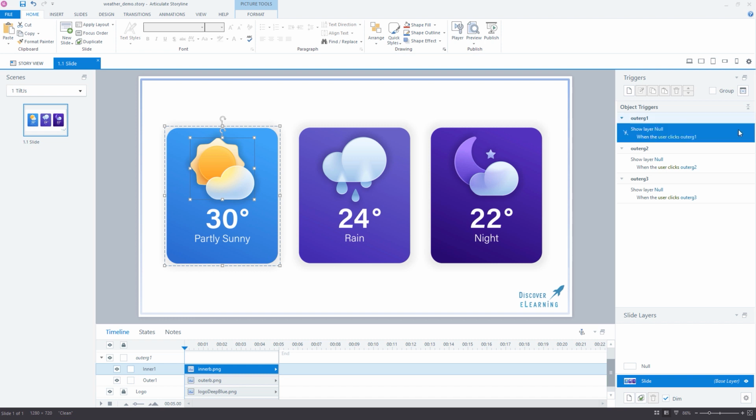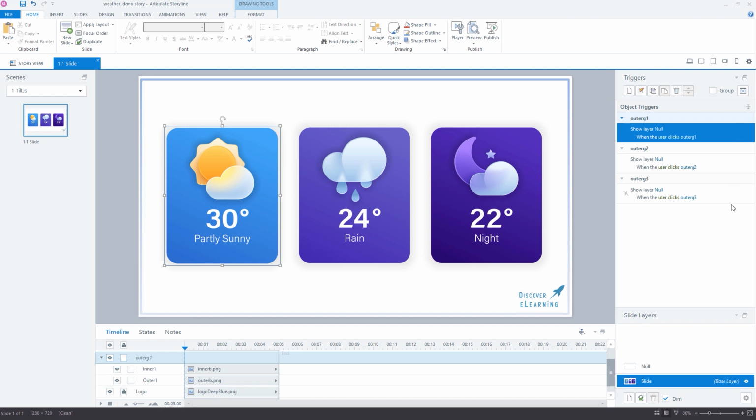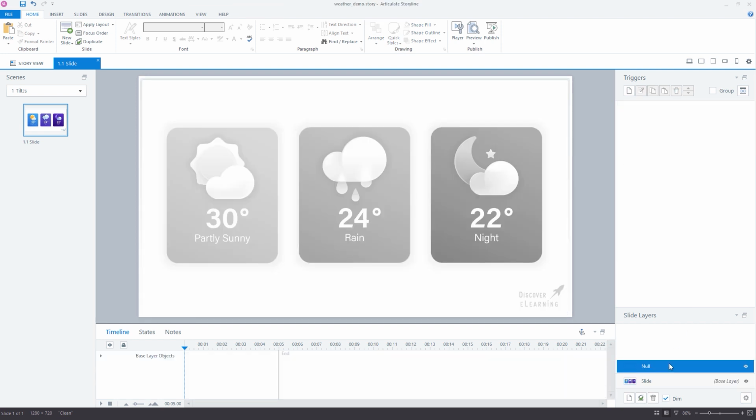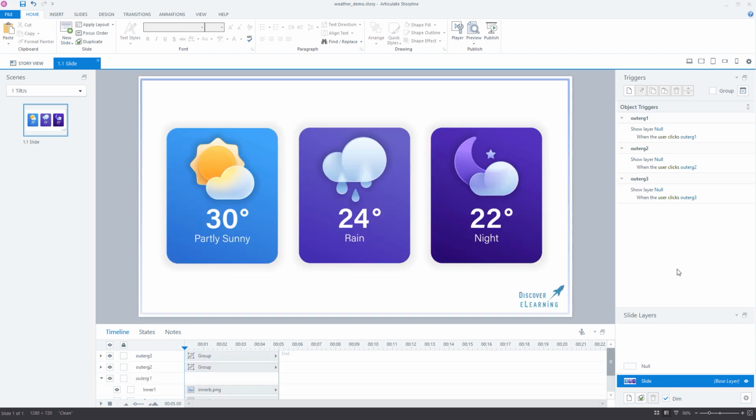You can also see that I've set up some triggers for each image to show an empty layer when the groups are clicked. This is a simple way to get the default mouse cursor icon to change to a hand when the user is hovering their mouse over the group in the browser, which looks good and makes it clear that the image elements are there to be interacted with.